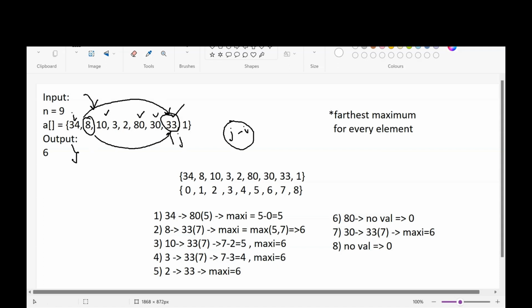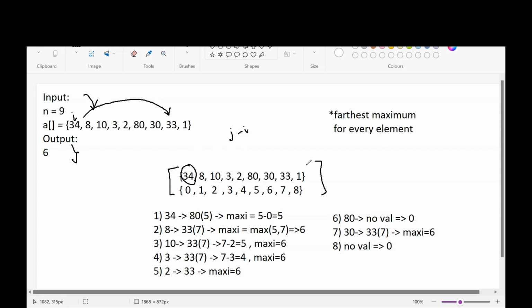Let us perform one iteration for the following test case. We have this array, and these are the index values, considering zero based indexing, that is from 0 to 8. So for the first element, 34, what is the farthest maximum element for 34?